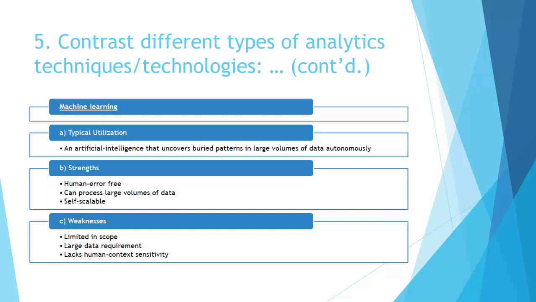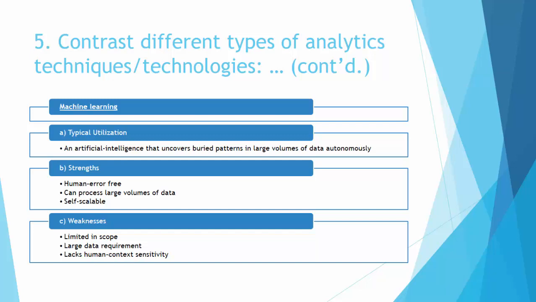The strengths of machine learning would be the ability to process large volumes of data, as computers are faster than human brains in logical and numerical computing. They're self-scalable, meaning that a learning algorithm can deal with any amount of data without consuming an ever-growing amount of resources like memory. This is possible with SGD algorithms, SGD standing for stochastic gradient descent algorithms,